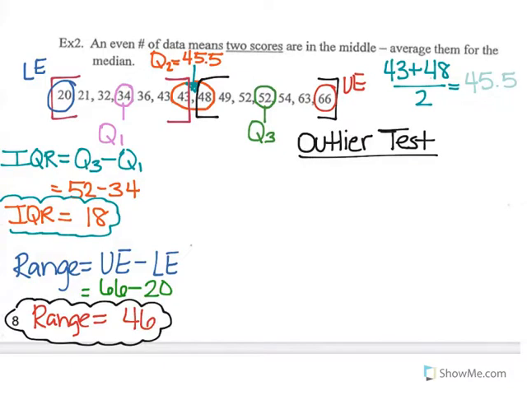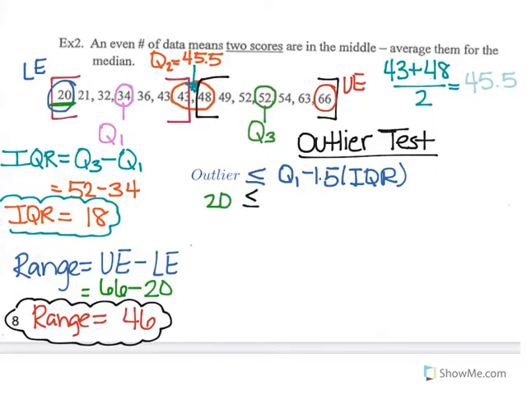46. And the last thing that we're going to do is find out if there are any outliers, and we're going to use the formulas that were given at the top of our paper. So we'll start with the lower outlier, and that formula is the fact that we'll have an outlier if that number is less than or equal to Q1 minus 1.5 times the interquartile range. So the number that we're going to be checking is going to be the smallest number in our list, 20. So we're wondering, is 20 less than or equal to Q1, which we figured out was 34,